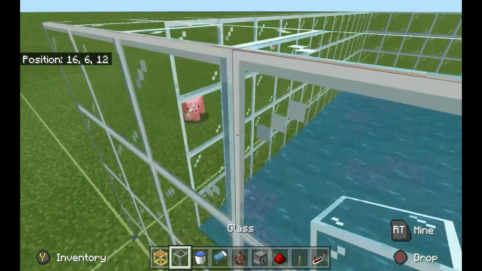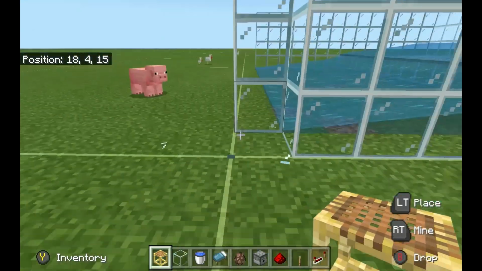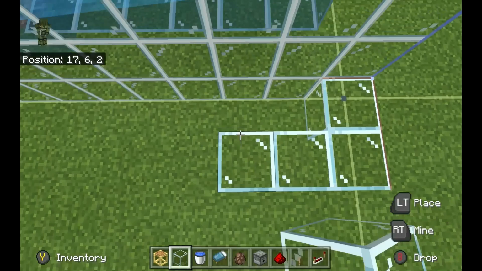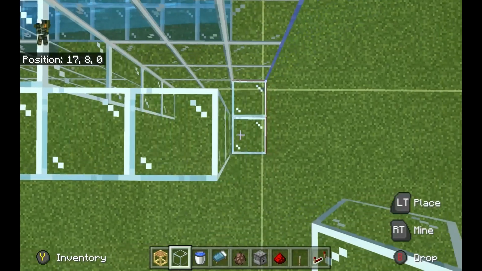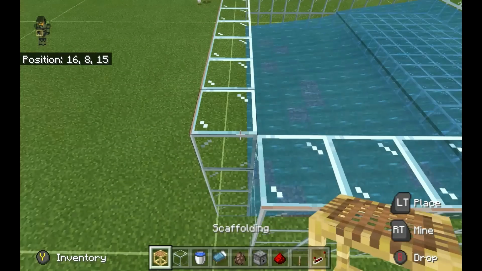Now, with that said, this part is complete. Let's add the, well, it's not complete. Let's add the pod for the bed. And then we need to talk about,